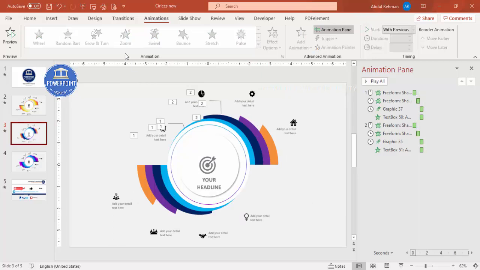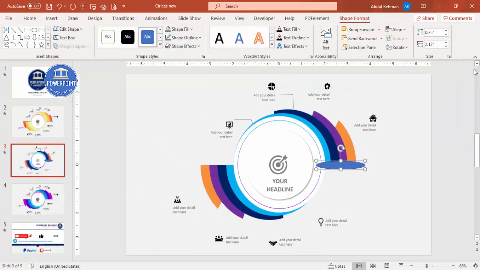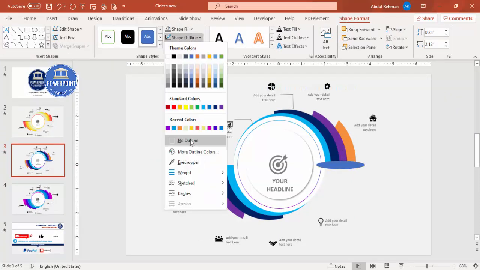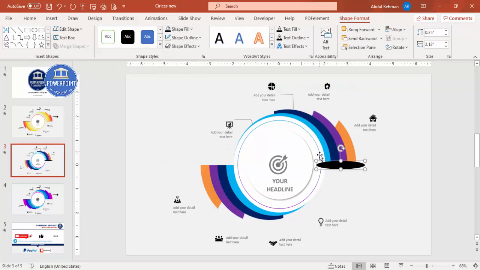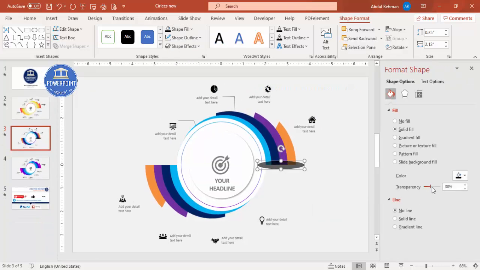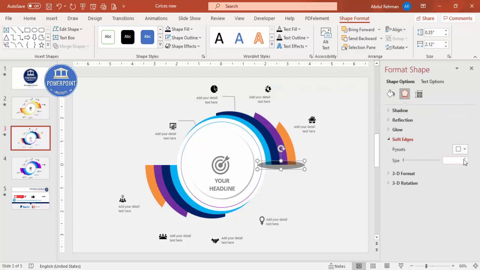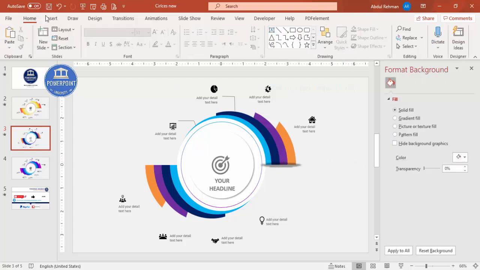And one more last thing which you can do it, go to insert shapes, select the oval shape, draw the oval shape, maybe this much size. Let me just close this animation pane. Shape outline, make it no outline. Shape fill, make it black. Right mouse click, go to format shape, increase the transparency level, maybe 60 or 70%, and then go to the effects. I'm going to soft edges, increase the size, you can see here something like this,